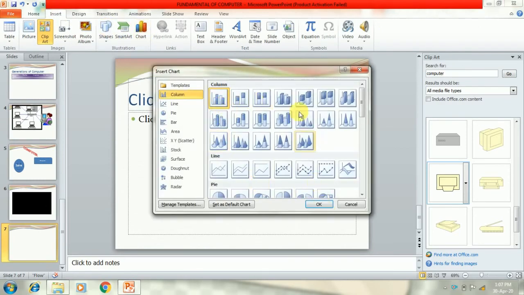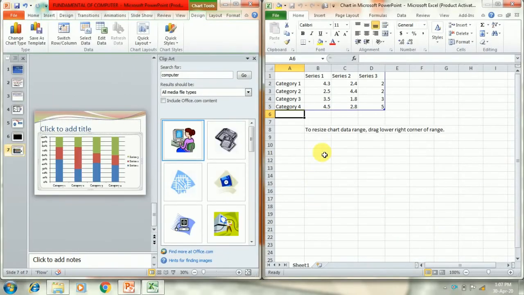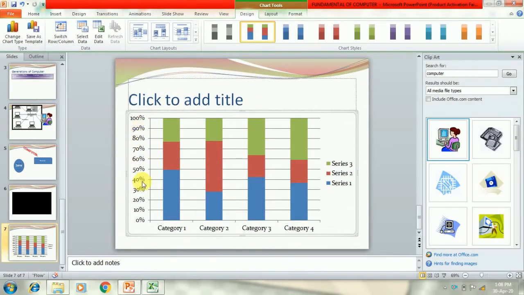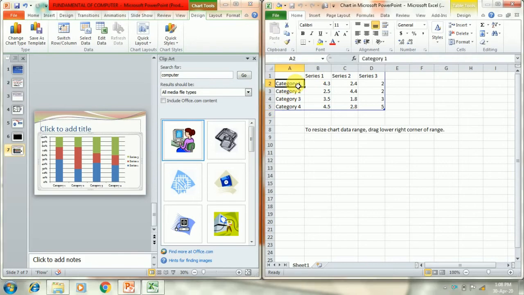You will see the chart is inserted in the slide and an Excel sheet is displayed with the data of the chart. For making any changes in the chart, we have to make changes in the Excel sheet. I am going to change the values of the x-axis and y-axis using the Excel sheet. You can see the same changes will be reflected in the chart. Close the sheet if you have done the changes. If you want to open the Excel sheet, that is the data sheet, again, right click on the chart. You will get the option Edit Data. Click on it. The data sheet will be opened again.